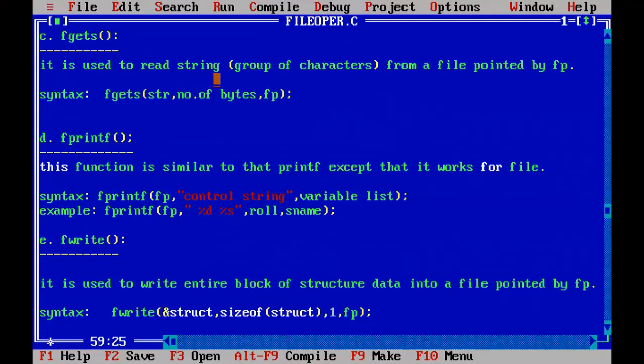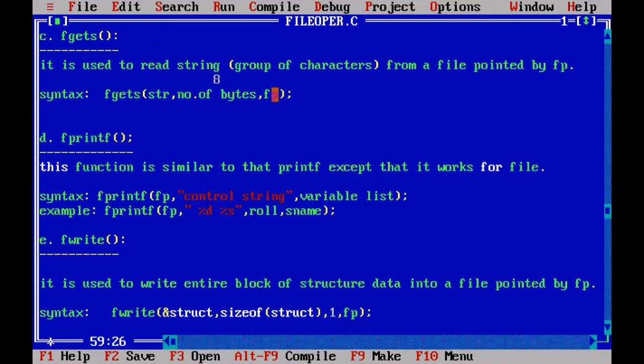For example, if the number of bytes is 10 or 8, then this fgets function will read 8 bytes, that means 8 characters are read from this file and stored into the string variable str. Let me explain one more time.